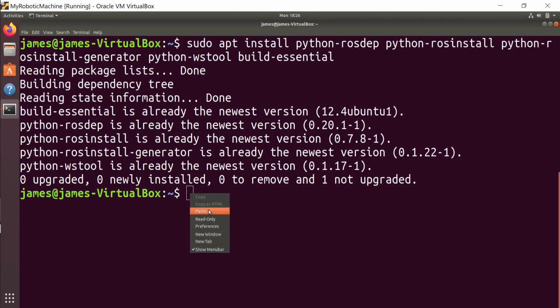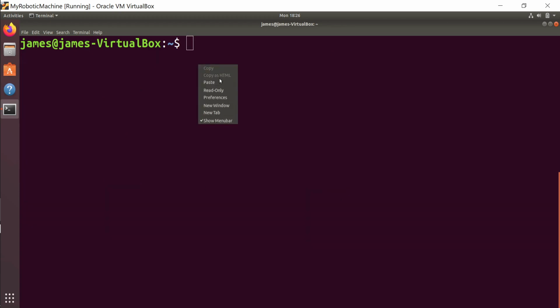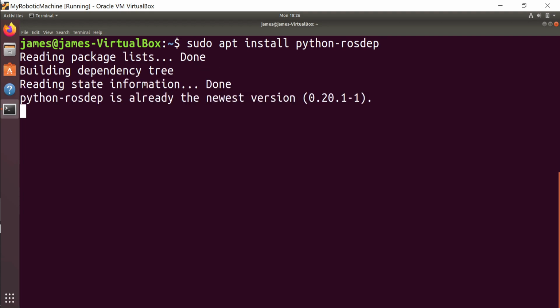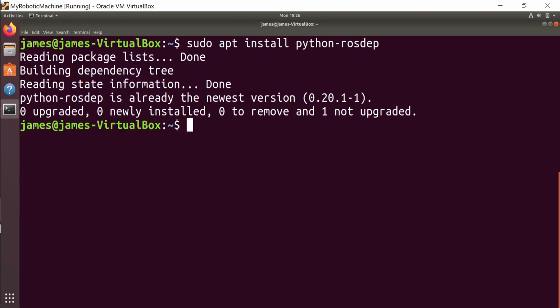Let me first clear the screen so that you don't get confused. The next command is sudo apt install python-rosdep. Okay, let's move on.